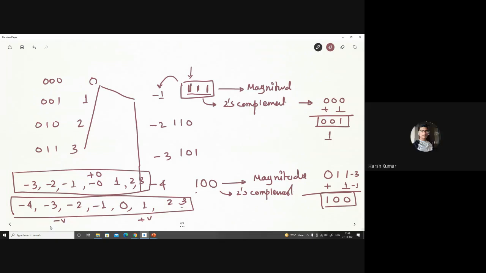Yes, sir, I have understood this. But if in the exam it comes like, what do you signify by the -0 and what is its binary value, how are we going to answer? No, the question will not come in this way. The question will come as: if the number is a sign magnitude, then how do you overcome the problem? Clear? The 2's complement never has a -0. The sign magnitude number has a -0. Okay, sir.